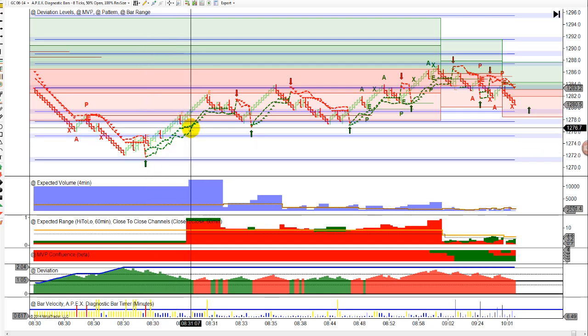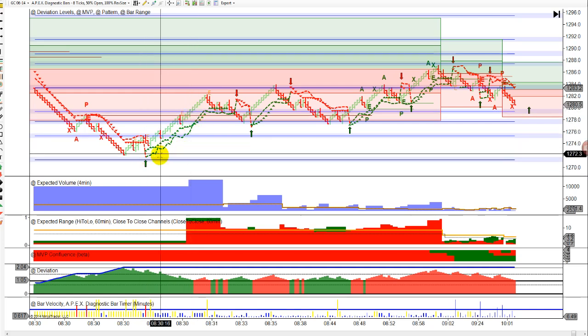This is the first rule I want you to get down. Very first rule. The MVP line, okay, this dashed line, the little dashed red and green line, needs to be the same color. Okay, it needs to be the same color as the apex for you to take that trade. So if they're red and green,